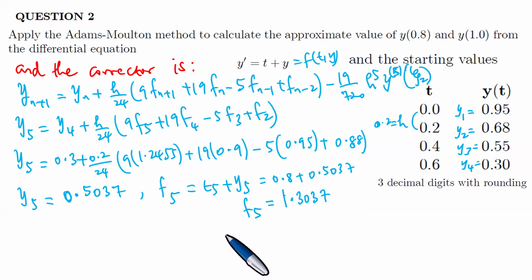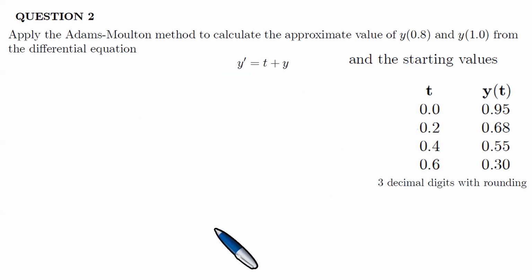Next. We have actually now found the predictor and the corrector. And so we're going to continue, and compute the next step. Next, we then say, for example, at t equals 1.0, the predictor is